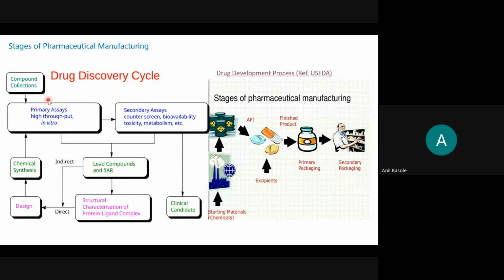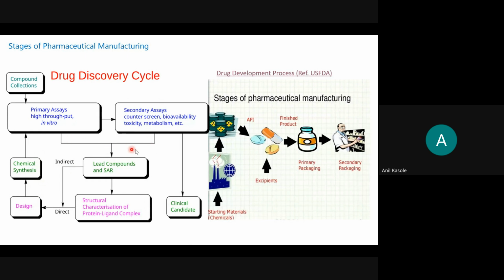Again, I will not go into the chemistry for now. I wanted to keep this session a little simple. Compound collection means what new product is going to be launched. This will go with the primary assay. An assay is one method that is used to start the first R&D in order to make the high throughput, meaning the maximum volume in the lab in the process development into the commercial manufacturing. That may be from chemical synthesis, which is determined from the design.